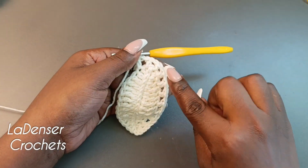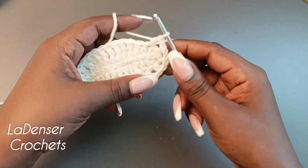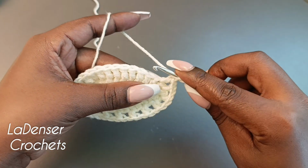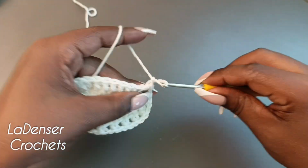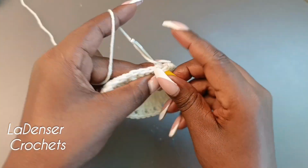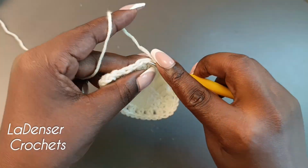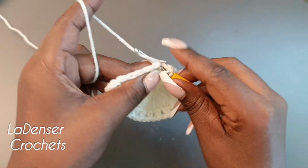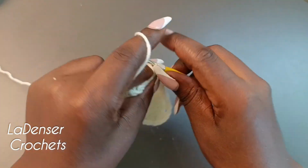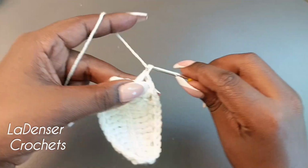So you just want to make sure that in these 3 stitches over here, you're not skipping, just to make sure that your leaf does not curve. So on this side and on the other side. Next, I'll chain 1 and I'll start skipping, skip, half double crochet, chain 1, skip, half double crochet, chain 1, skip, and half double crochet into the next stitch, chain 1, skip, half double crochet, chain 1, skip, half double crochet, chain 1, skip, half double crochet, chain 1, and now